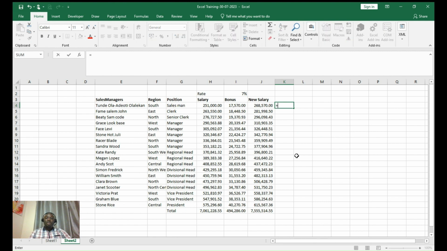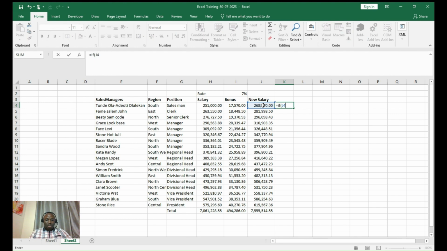So you can come and say equals if. You write if, you open bracket, you say if the first cell here is equal to, now because we said that is 400,000, if anyone is higher than 400,000,